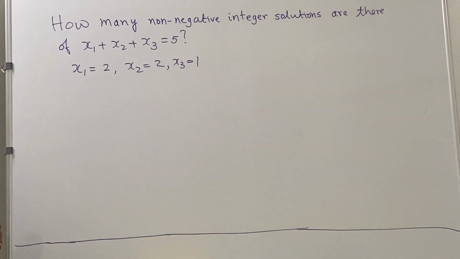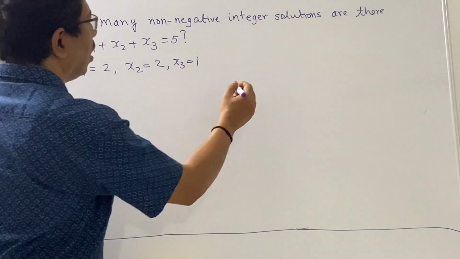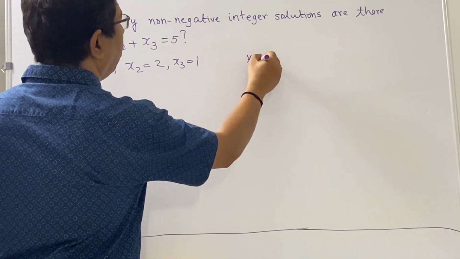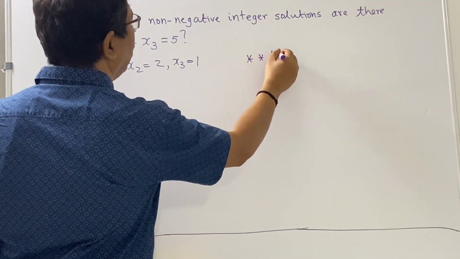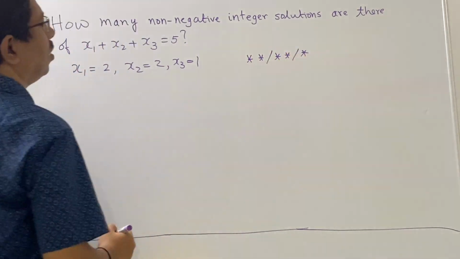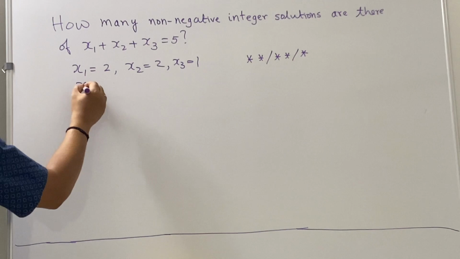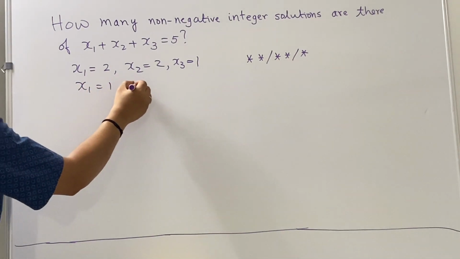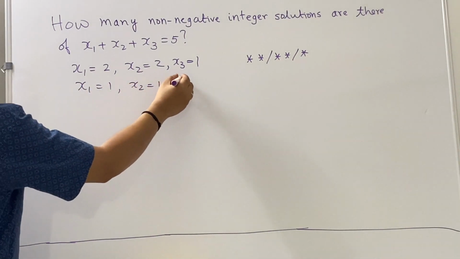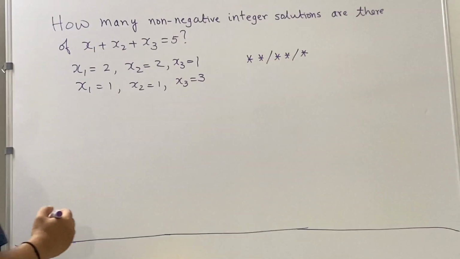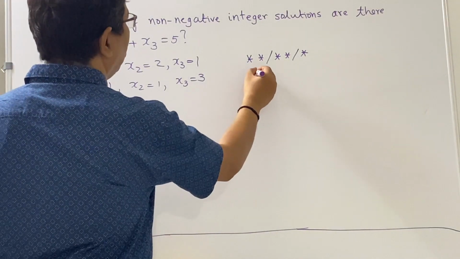Now we will set this up as a pattern of stars and slashes, and the pattern that we will be writing here is this one. If we look at another solution, say x1 is equal to 1, x2 is equal to 1 and x3 equal to 3, then the corresponding pattern would be,